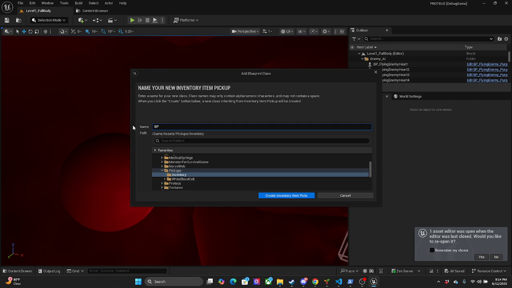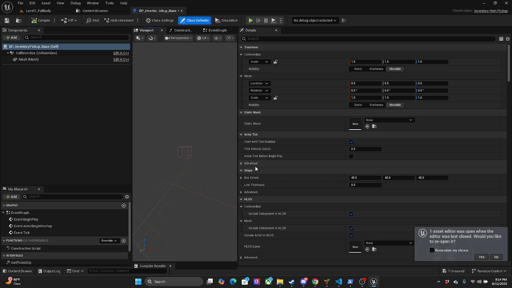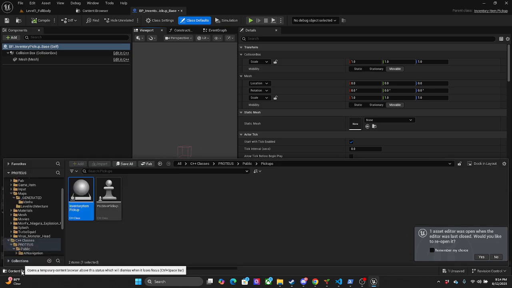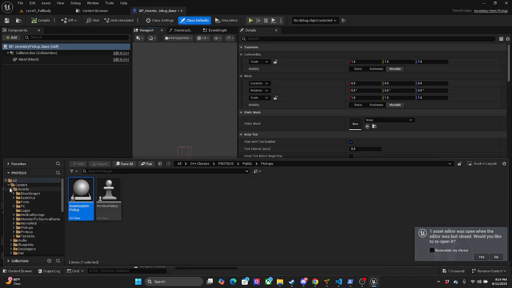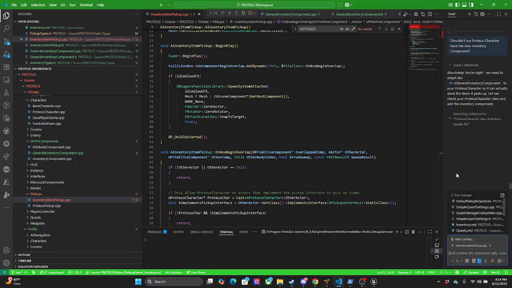We're going to call this BP base inventory. This is taking a while.